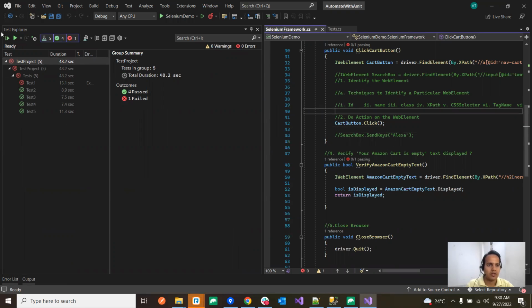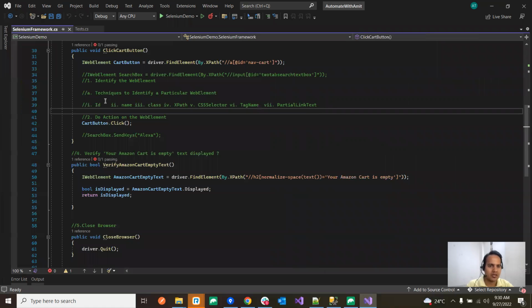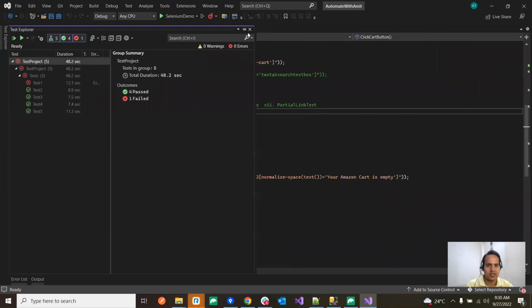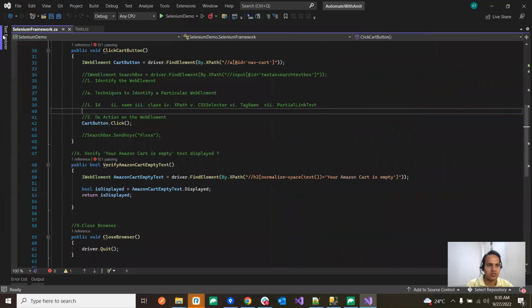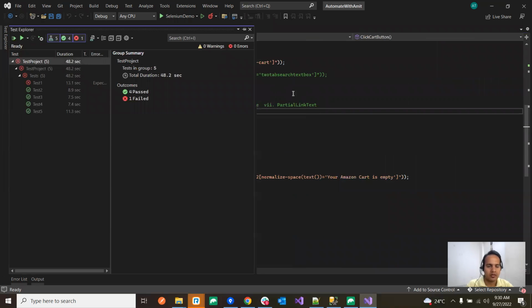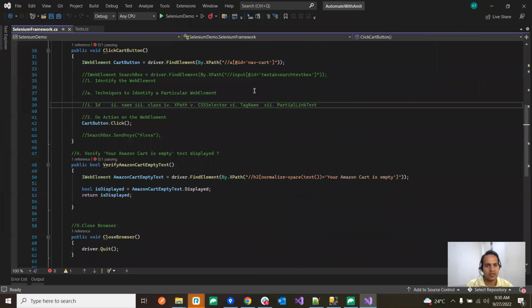So half of the window it is showing Test Explorer, and half of the window is showing Selenium, this our Visual Studio window. So how we can manage that? I have just clicked on this. As soon as I click on here, it will be opening. We can do whatever we want, and as soon as we click somewhere else on the Visual Studio, it is going to